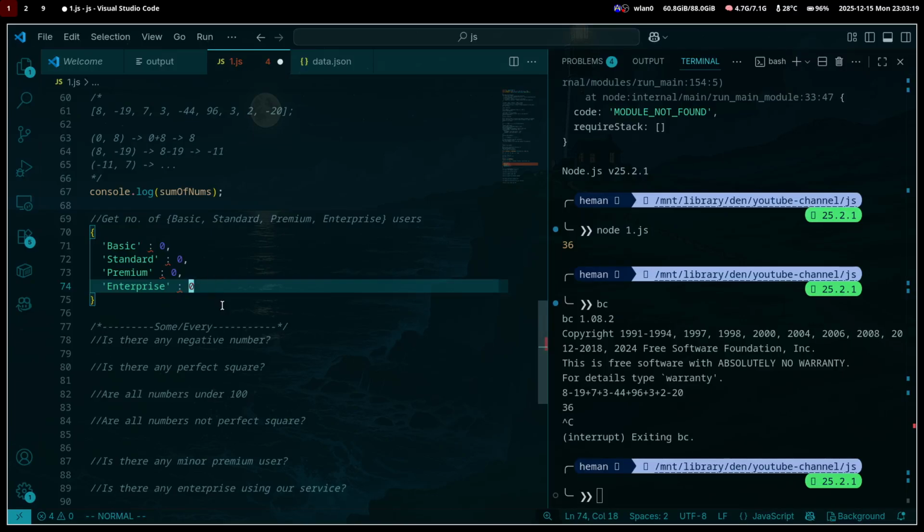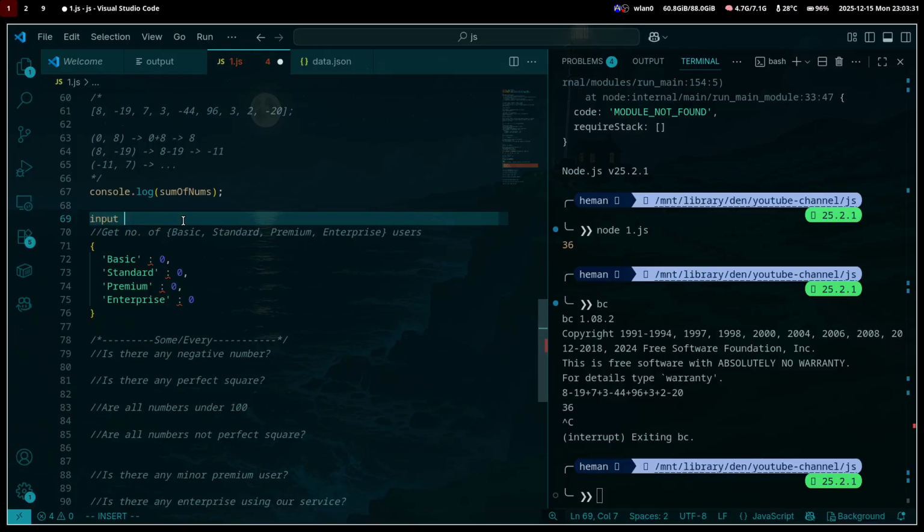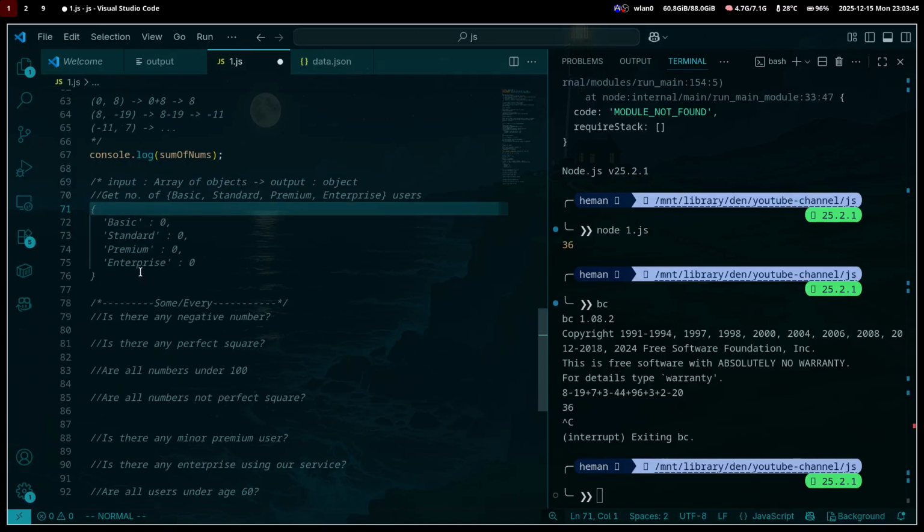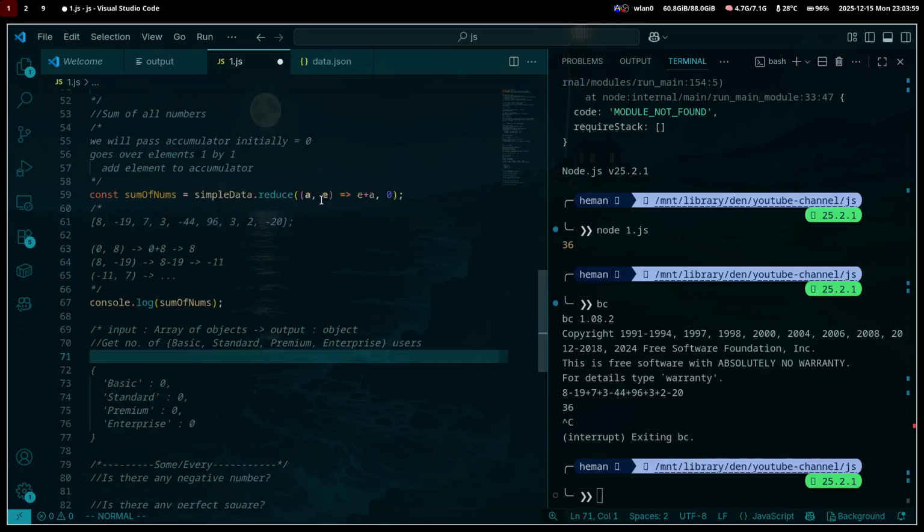So let's say we want to get the count of how many people are on the basic plan, how many are on standard, how many are on premium and enterprise. So what we have as input is an array of objects and output is just a single object. It is a reduce operation, and in this reduce operation initially all of the frequencies will be 0, but every time we encounter basic we will increment the frequency of basic by 1. So it is a very simple